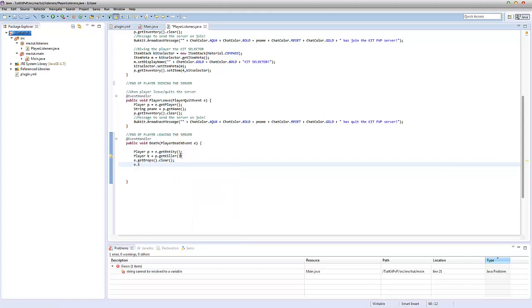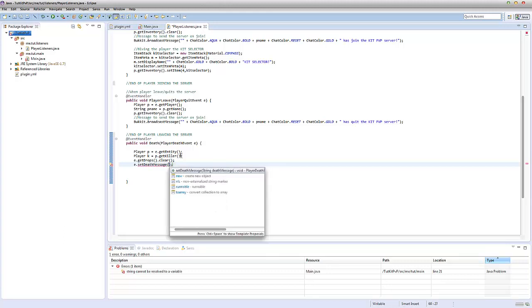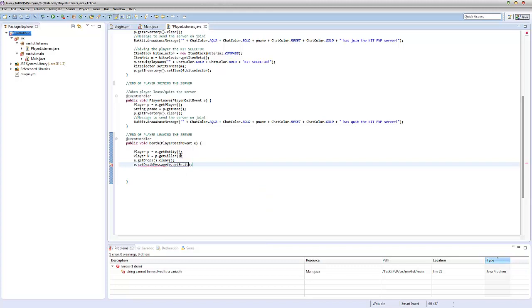Now you want to set a death message. This death message will then be broadcasted to the server. You could literally customize this, like, oh, so and so killed so and so. In fact, I'm actually going to go ahead and do that as a tutorial. So I'm going to put, let's say, e.get entity